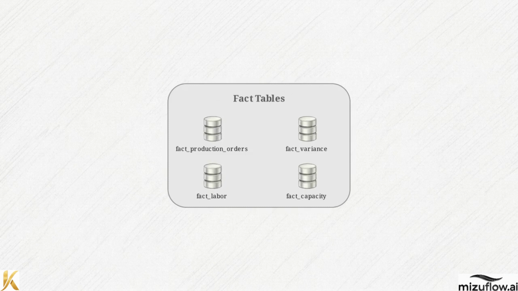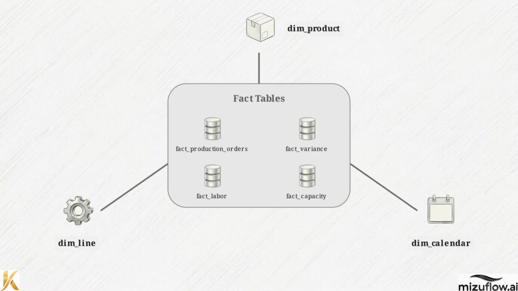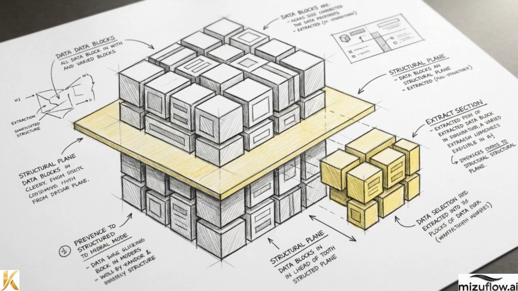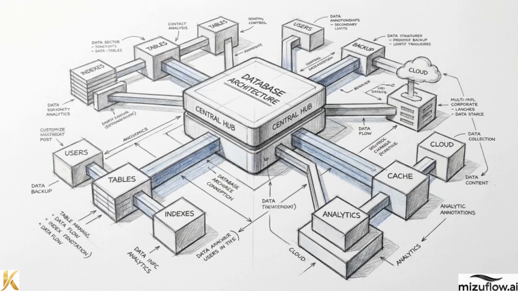These store the quantitative actuals, variances, and labor hours generated by daily production. Surrounding them are the dimension tables, which store descriptive attributes like product SKUs, manufacturing lines, and calendar dates. These dimension tables provide the crucial filter context needed to slice the variance data by specific products or specific time periods. This specific central topology guarantees rapid drill-through capabilities, allowing executives to query millions of rows instantly. A clean star schema is the structural bedrock required to transform disconnected daily data into a scalable, high-performance business intelligence